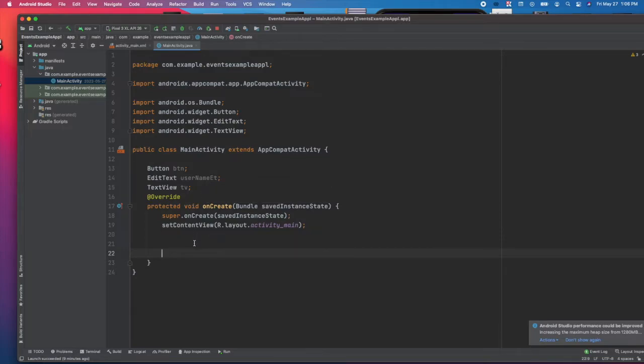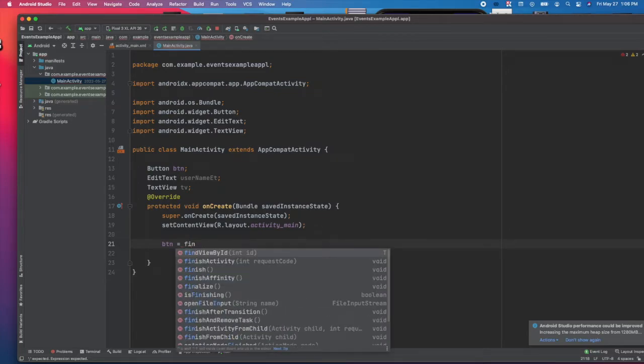Okay. And basically now inside here what we want to do, click a button. I want to assign to this button a reference to the UI element inside the XML file we created earlier. So to do that we'll use a method find view by ID,